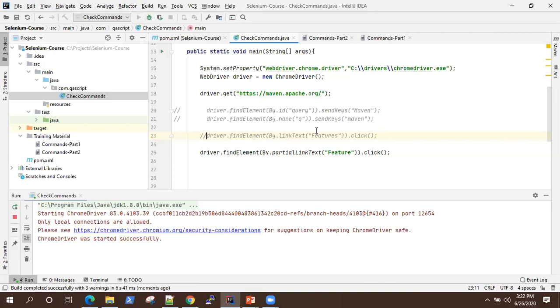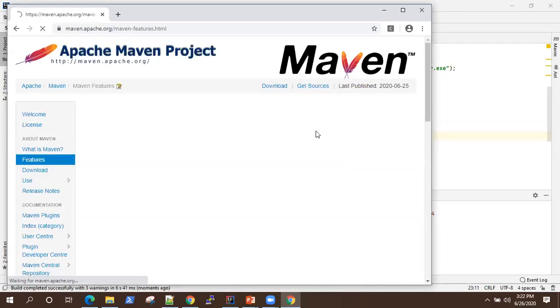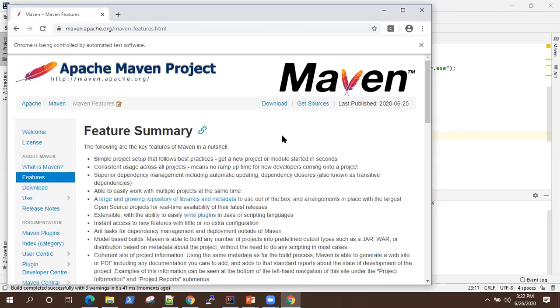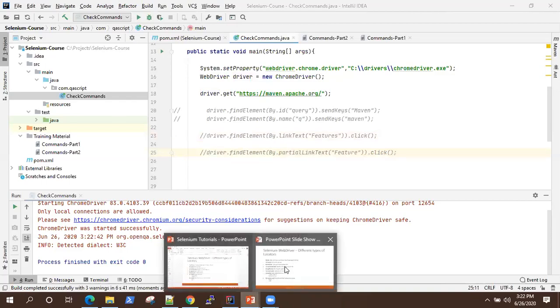So it's generally useful when you have dynamically changing links, right? So that time you can easily identify them using the partial link text. So as you can see, it clicked on the features link. So it's working. So let's move on to our next locator,